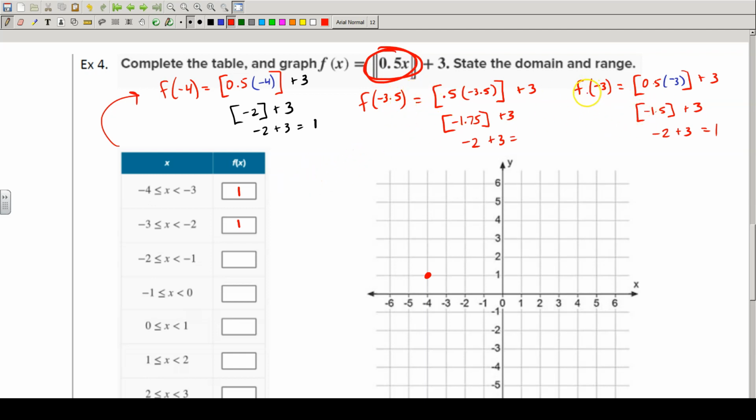So f of -3. When I plug in -3, I also get 1. That means that -3 also goes to 1. All right, so when does this change? We keep on going. I'll make some more room here. And when we get to -2,